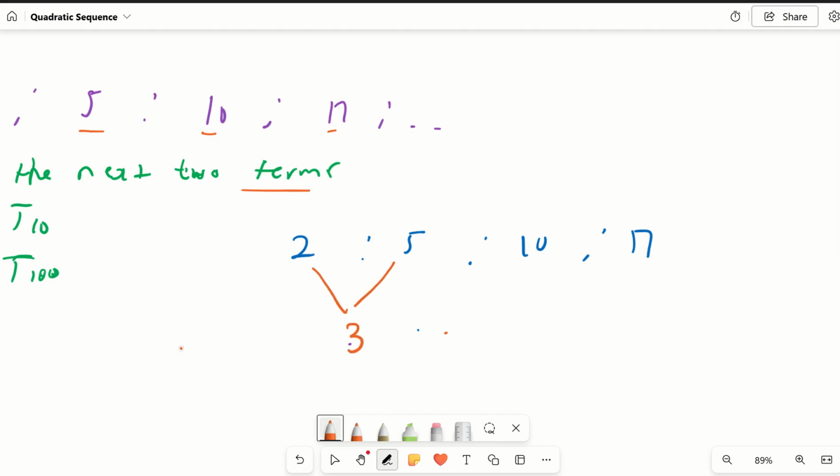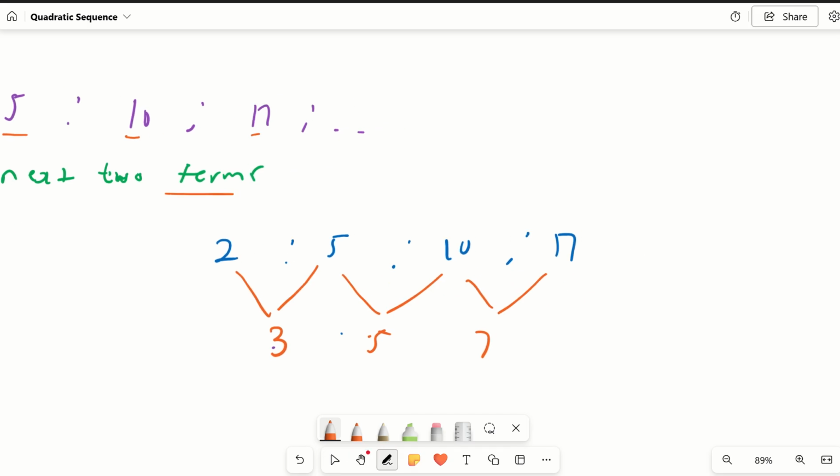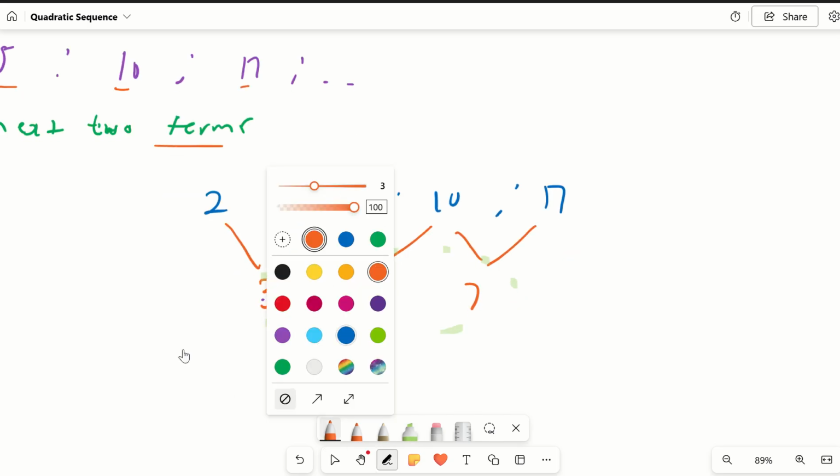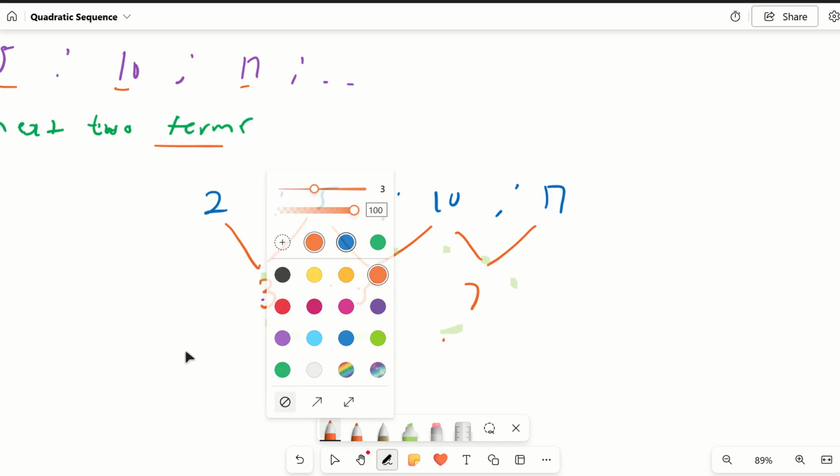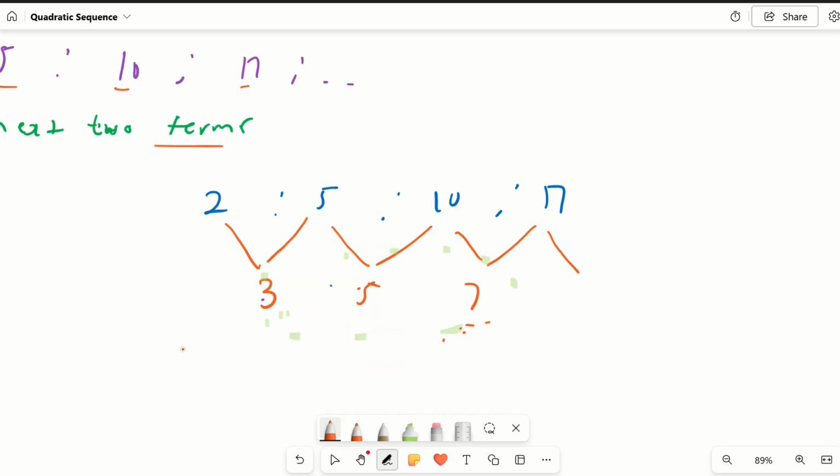Here they added a 3. Here they added a 5. Here they added a 7. So now, the pattern I see here is on the first line of differences, that it starts at 3 and they keep on adding a 2. Do you see that? So the next number here in the first line of differences would then be 7